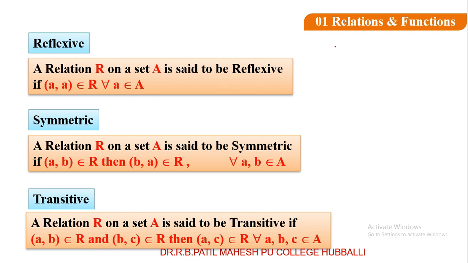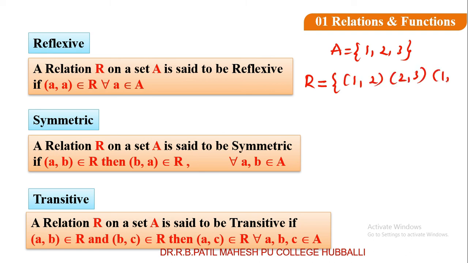Therefore, this relation is transitive relation. Take one more example. You understood the relation is transitive, and also you should understand when it is not transitive. R is equal to (1, 2), (2, 3) and (1, 1). This is also a relation on the set A. Is this a transitive relation? This relation is not a transitive relation. What is the reason for not being transitive?